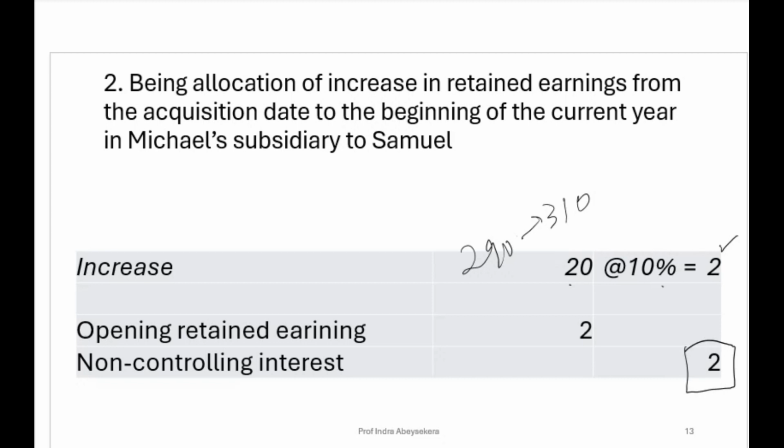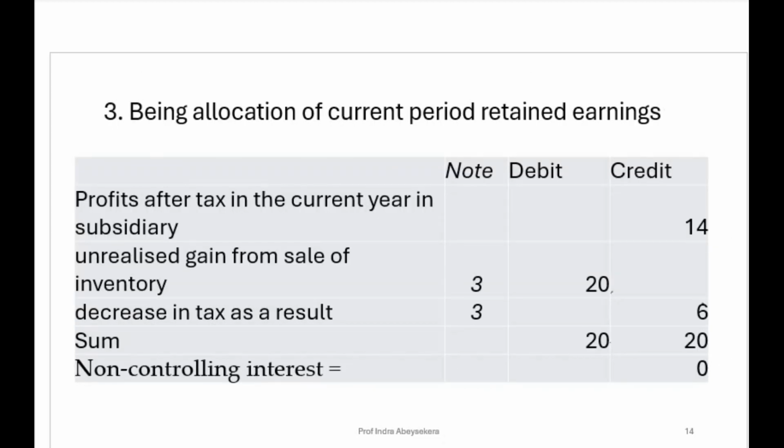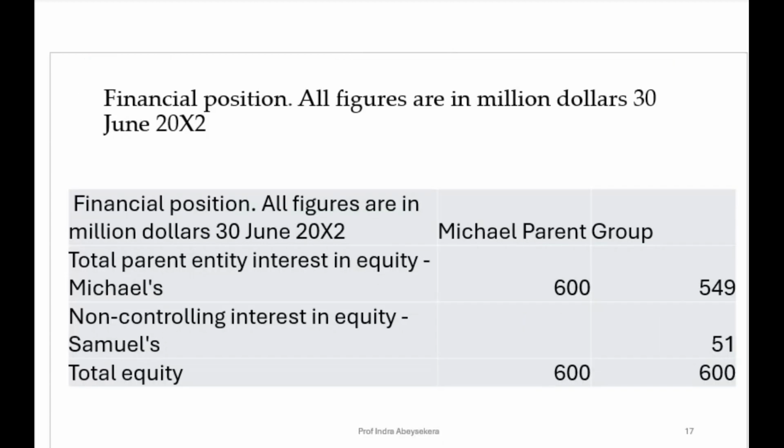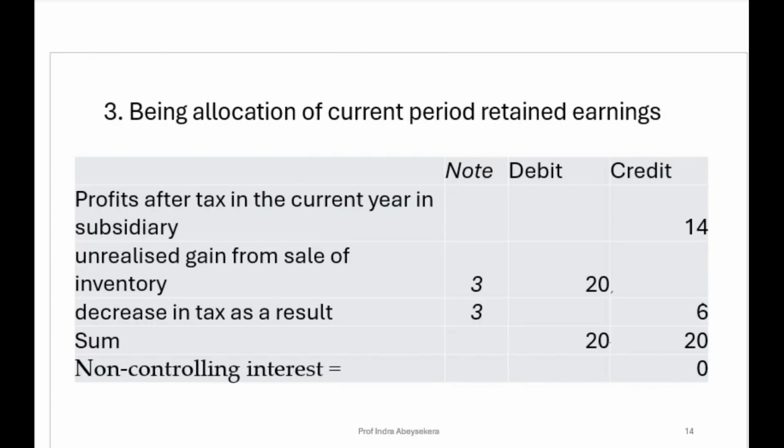And the third is allocating non-controlling interest for the current period retained earnings. Our retained earnings for the current period is 14 million. That's the retained earnings. So we start with that 14 million. That's 14 million here. And then there is unrealized gain on sale of inventory of 20 million that decreases the